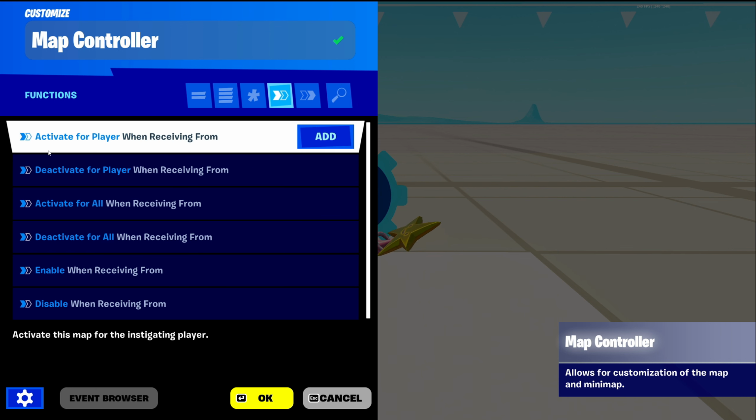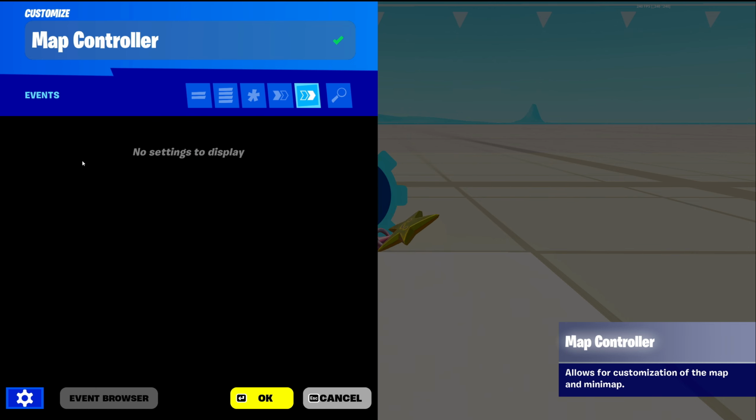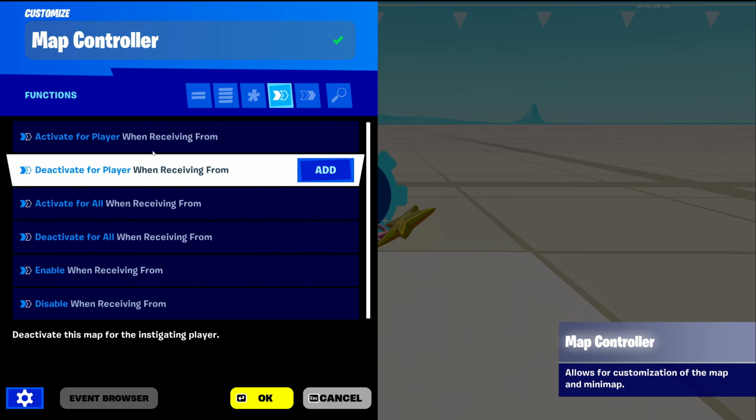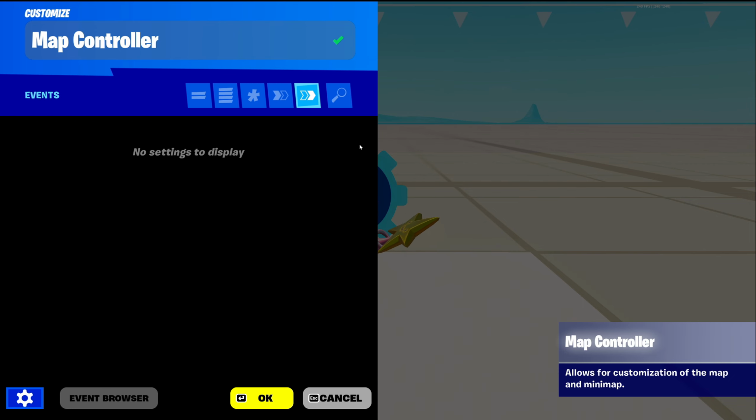The thing I would like to see on this device is if you can activate for a player, I want to see an event that says when activated for players, send out to here, like when activated, or when deactivated, it does something else. That would be a good event for this, in my opinion,